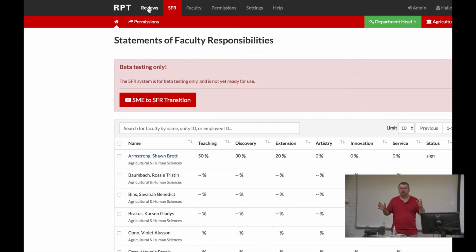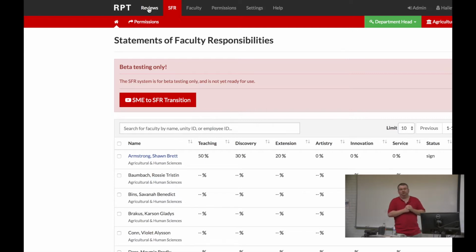As I said, we're looking for a few good departments to be our guinea pigs. A few people have already recommended themselves for this, but if anyone else wants to, it is open. There's nothing that you need to request to get access. Just start playing. Eventually, they're going to make you do it, but in the short term, you can always test with a few of your faculty or go nuts. That should hopefully get it to the point where, moving forward, all the SFR will be captured in our system